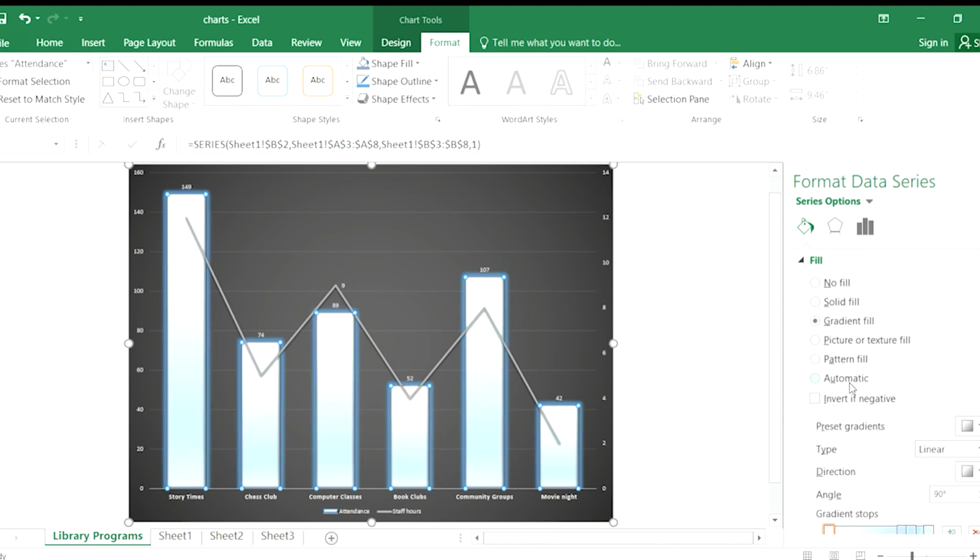You can change it to gradient if you want. You can put in a picture. All kinds of changes that we can make. If you had graphics to associate with this, you could change individual ones if you wanted to have a picture fill for just this one square. So now I'm no longer on the entire series. Since I clicked on first the series and then on an individual bar, I could then change this to be